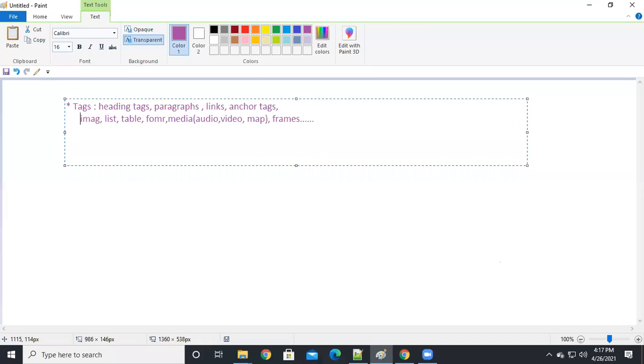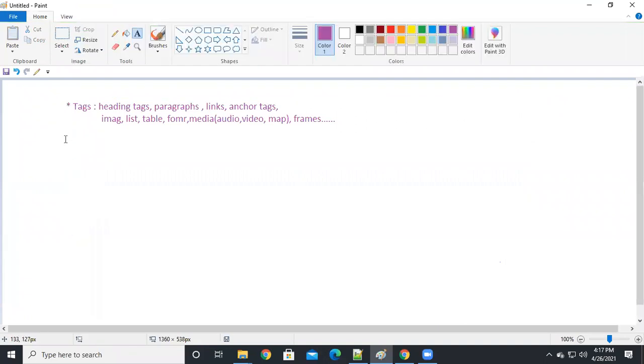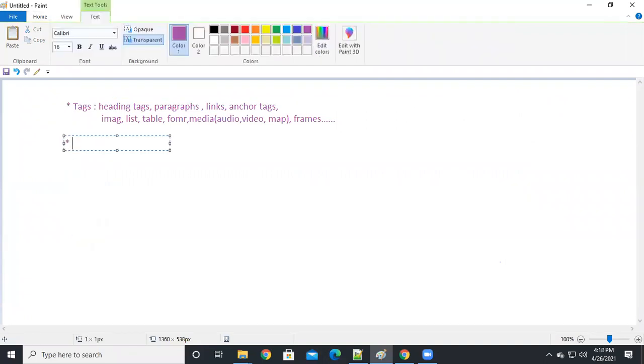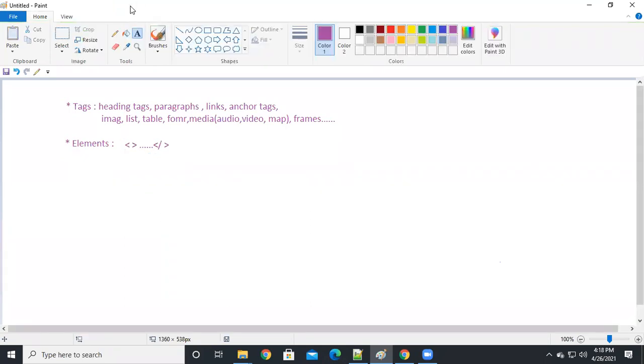So a tag is going to describe something. Within Angular, we are going to integrate these tags, guys. And next we have elements. So an element is nothing but tags only, but an element is the complete section, like open to close is one block, right? The open to close complete piece we treat as an element, with the open tag to the close tag. You can call it an element, guys. It is an element, nothing but a tag only.